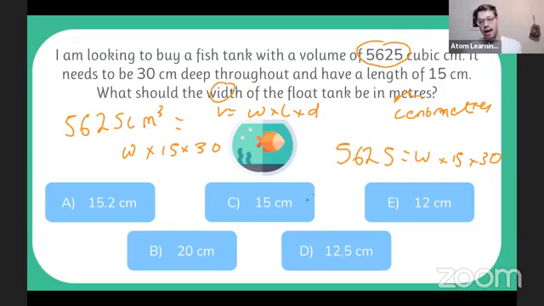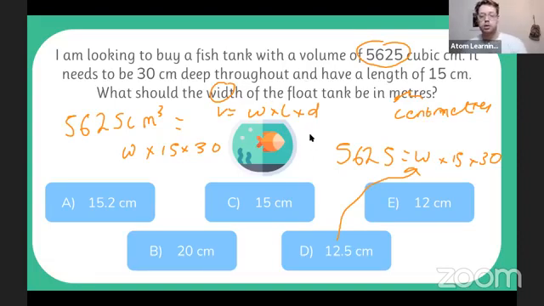And it can be a bit quicker than trying to fiddle about with division, but really it depends. A lot of students would get to this point and then not know what to do. They wouldn't know how to work out W because that's algebra. But when you tell them, just pick an answer and sub it in, they're like, oh my gosh, yes, we love it. We want to do that. So if we subbed in 12.5, we would get the right answer of 5625.